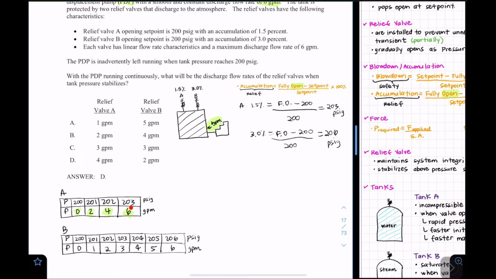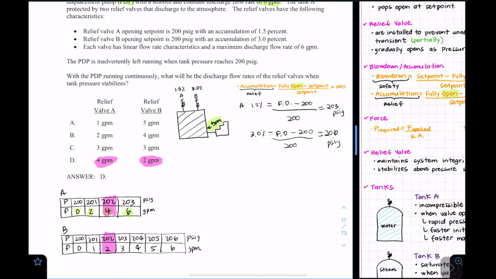If I keep increasing my pressure, it says that I'm gonna have 9, but that's not the case because I only have 6 GPM coming out. So the answer to the question is gonna be here. It's gonna be this part. So at 202 psig, valve A is gonna be getting out 4 GPM and valve B is gonna be getting